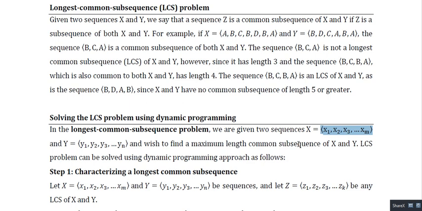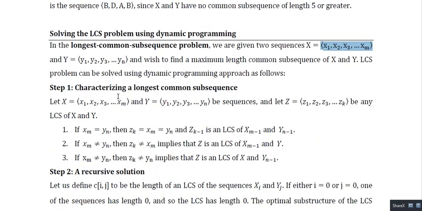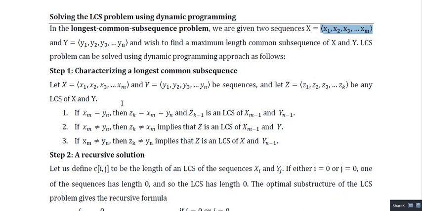Okay, so now like all other problems like matrix multiplication and the 0 1 knapsack problem, similarly in LCS also we will follow all those 4 steps to solve a dynamic programming kind of problem, right? So now this is the problem. X and Y are two sequences. The target is to find a subsequence Z which is present in both X and Y, and it is the longest one, right? So this is how we will characterize the LCS problem.